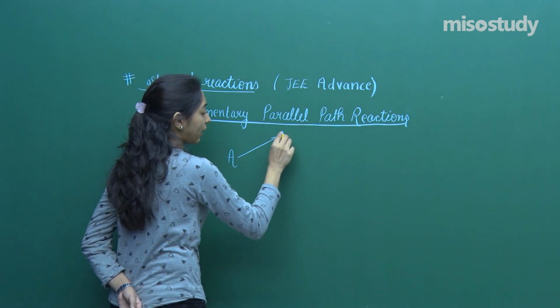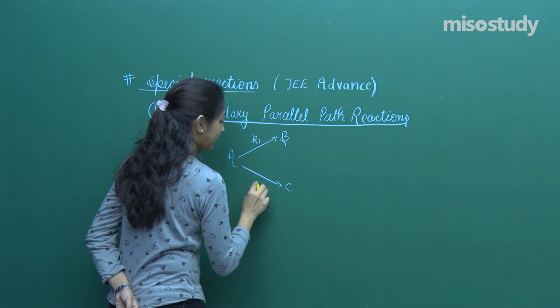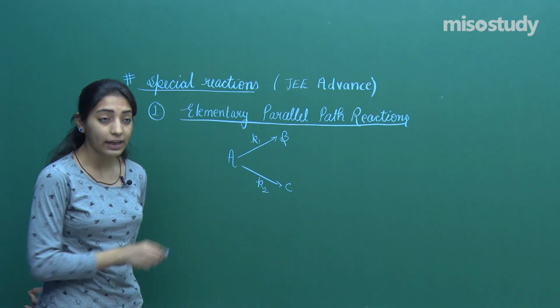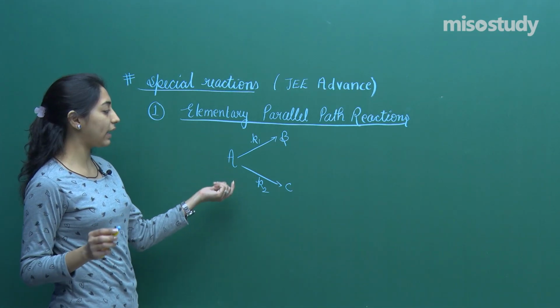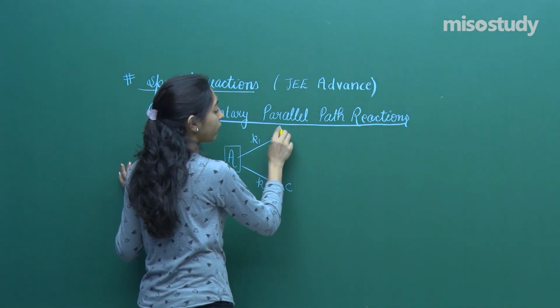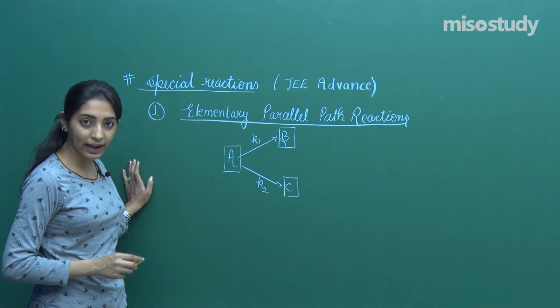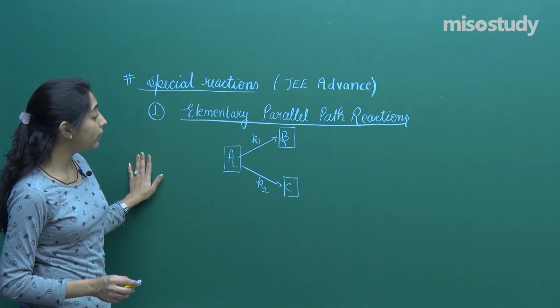2 parallel reactions taking place when A is getting converted to B and A is getting converted to C with the rate constant K1 and K2 respectively. And I remember doing the entire derivation with you, and finally we came up to the expression of what is the final concentration of A, what is the final concentration of B, and what is the final concentration of C. Right? You remember that we have already done the complete set of derivation here.